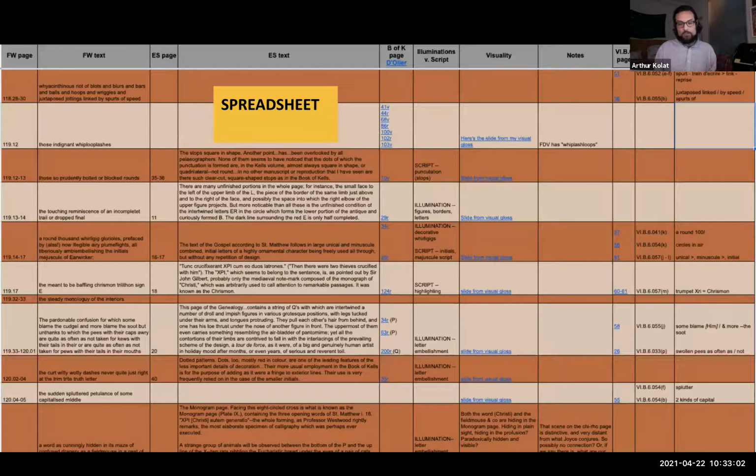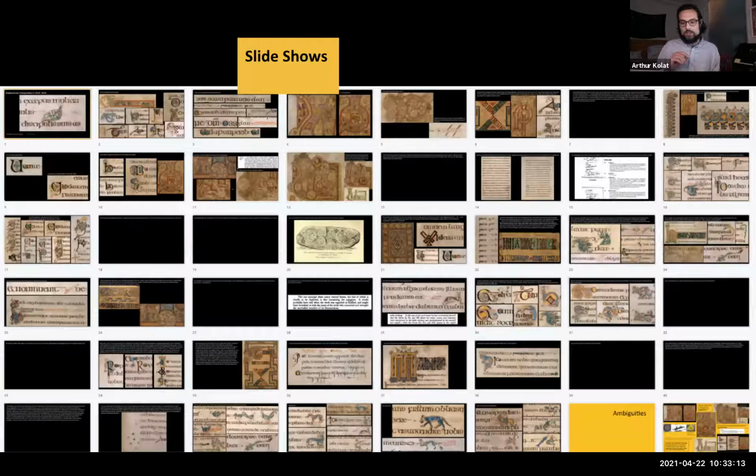From top to bottom, the spreadsheet runs from page 107 to 124 and tries to cover the chapter's references to Sullivan and Kells. This led to using Google Slides to illustrate bits of Finnegans Wake text with Book of Kells imagery and scholarship, informed, of course, by the notes that Joyce took while he was reading Sullivan's introduction.